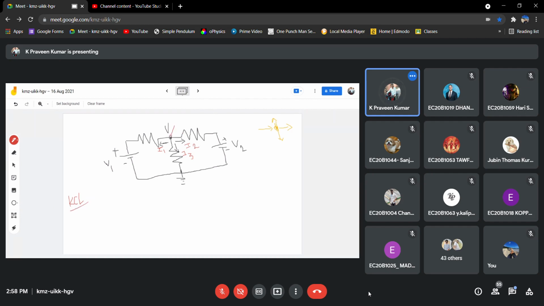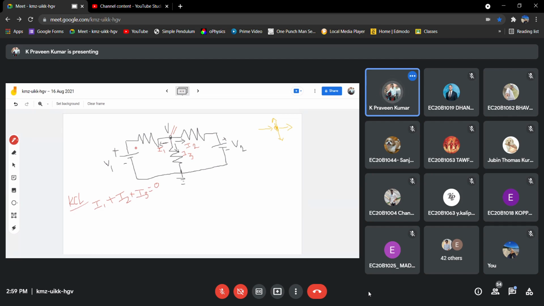What does KCL say? The algebraic sum of currents at a particular node is 0, or the sum of entering currents equals the sum of leaving currents. Here I am assuming all are leaving currents. So I1 plus I2 plus I3 equals 0.